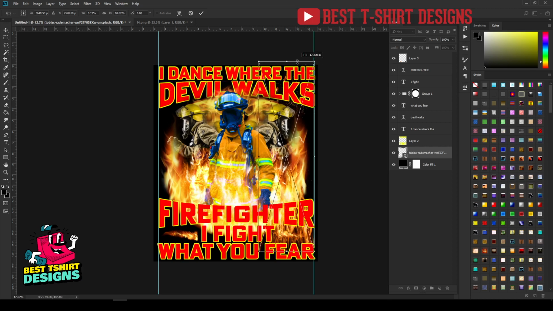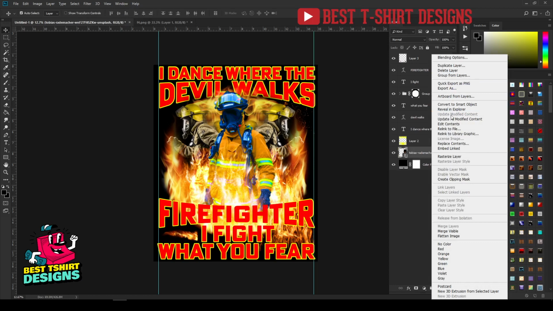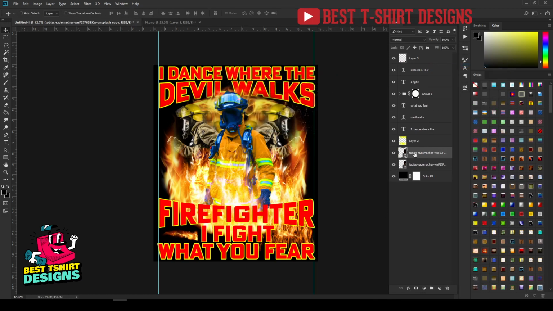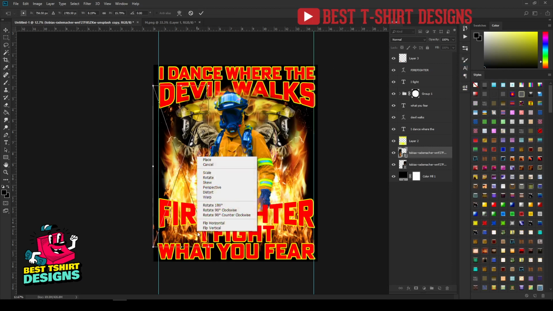I don't want to go outside of that area, so here it will look like kind of flame things, and that is perfectly fine. So not like that, it is not selecting, so I can right click and then duplicate layer, this one, then click OK, then press Ctrl T. So when Ctrl T is activated, that means the transform tool is activated.